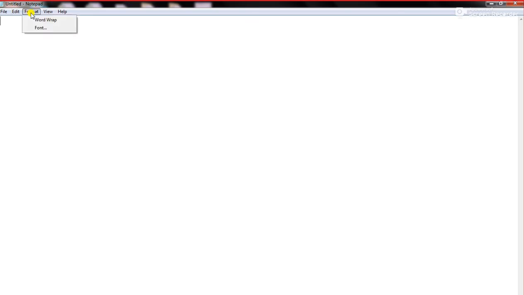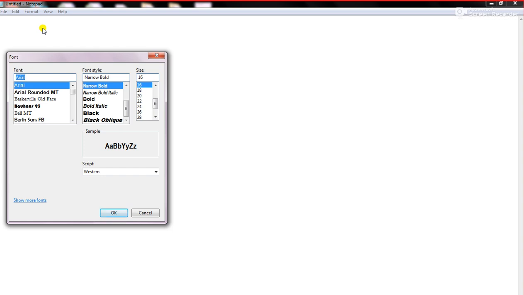If we want to increase the size from here, we have to click on Format and then we can click on Font. The size of the font can be increased, right? Suppose I am increasing it to 28 so that it remains visible to all the students, right? So we are learning about the heading tag today. Basically there are 6 heading tags in HTML, starting from H1 to H6.